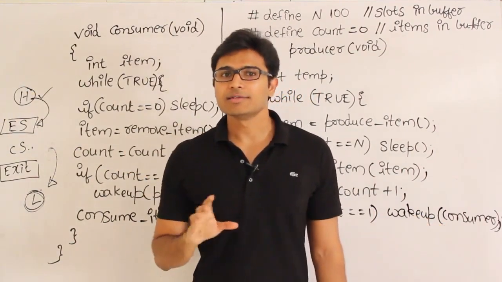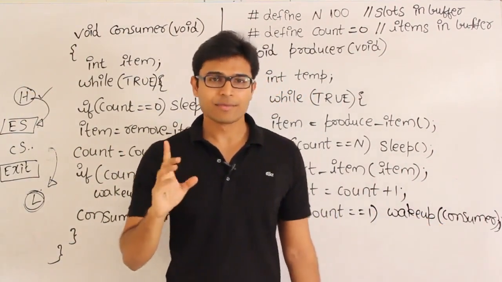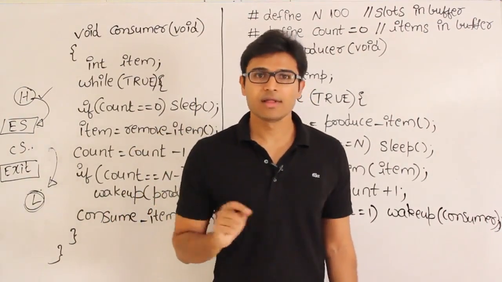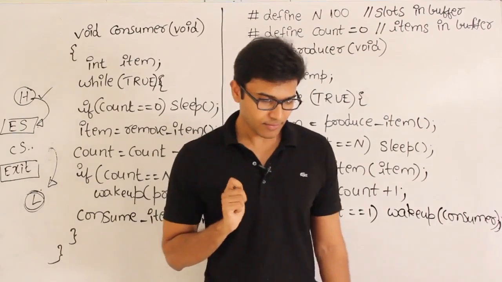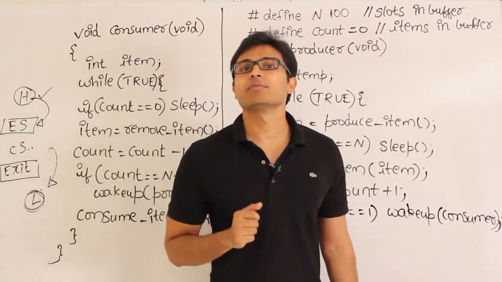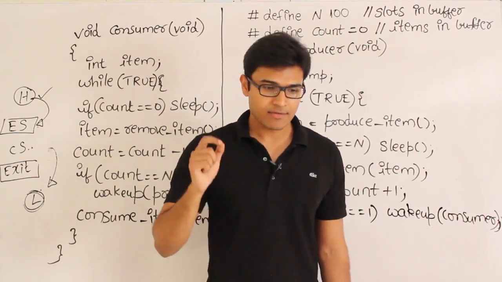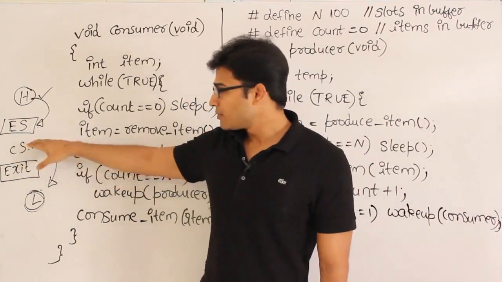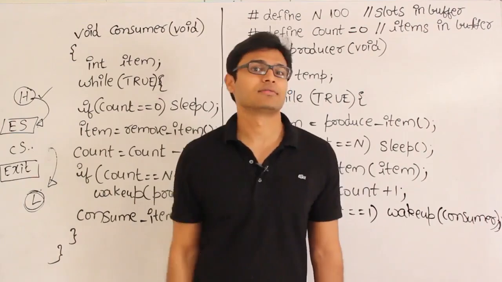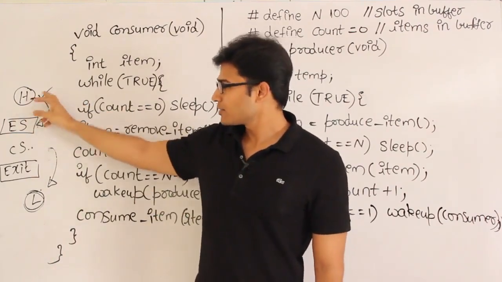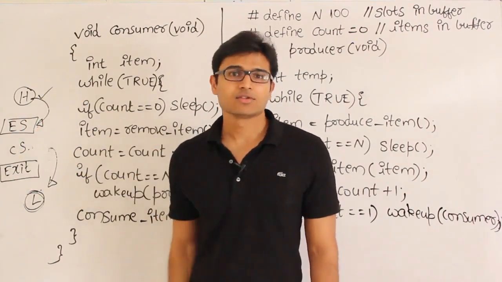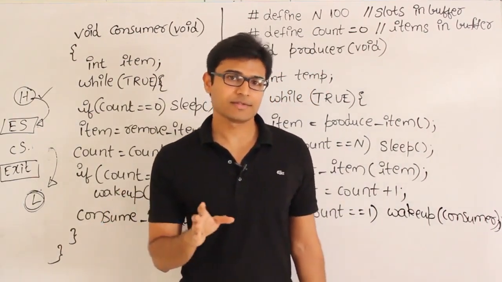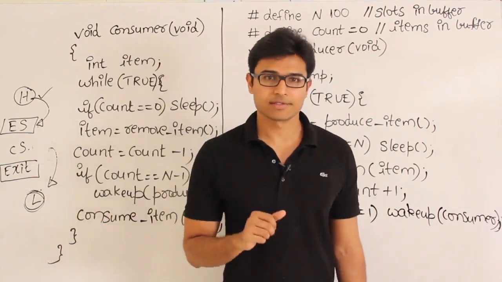This way CPU will never get idle, first thing. And second thing is the priority inversion problem will never occur. The reason is, whenever any process with a lower priority is in the critical section, that will be pulled out and kept to sleep, and then the higher priority process can obviously get inside. So now using this procedure we can solve the priority inversion problem as well as the CPU wastage.